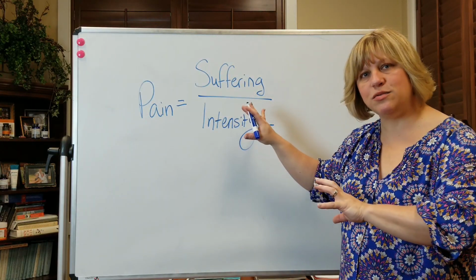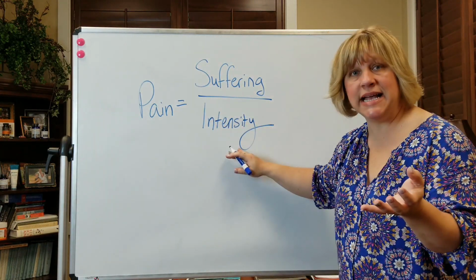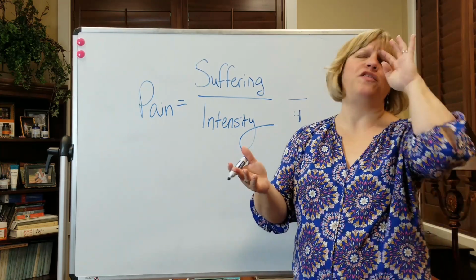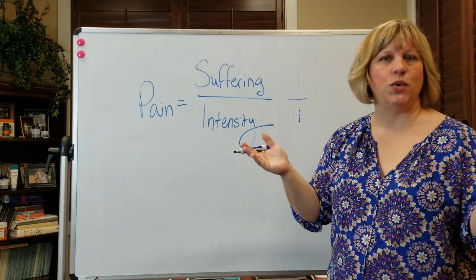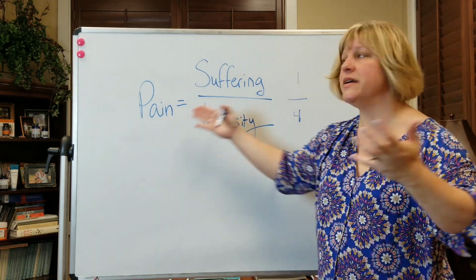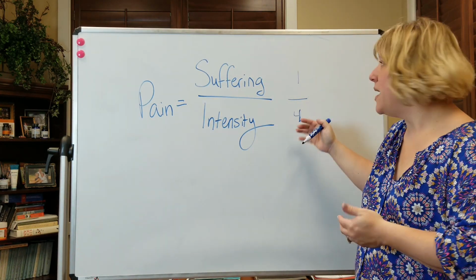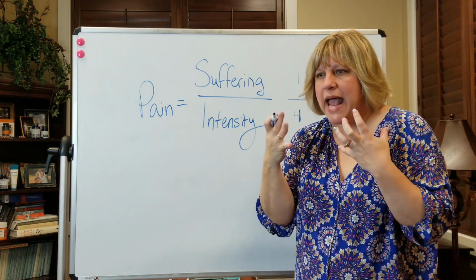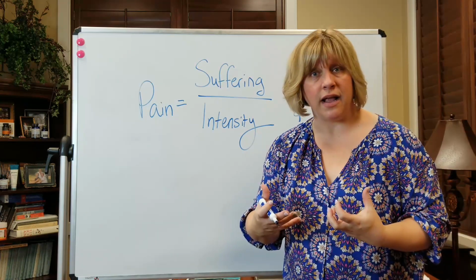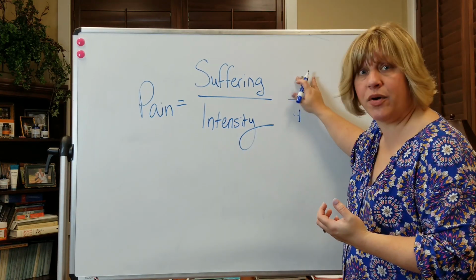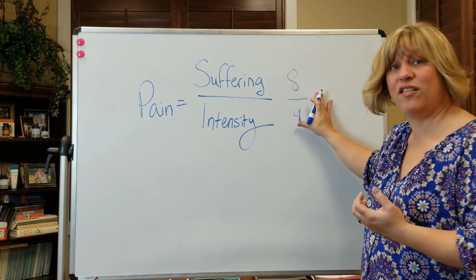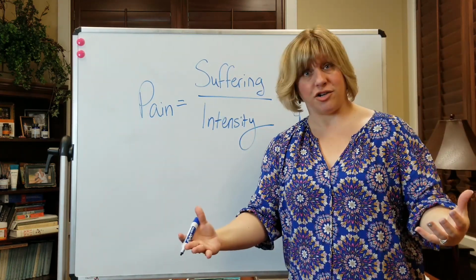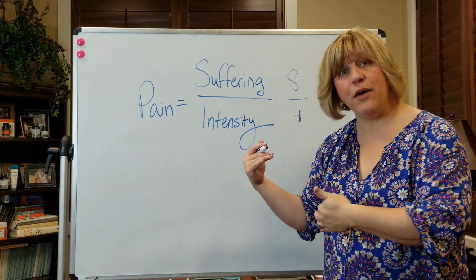So if you really work this through with numbers, let's, for example, take pain intensity as a 4 out of 10. If we don't mind the pain that much, if pain doesn't bother us, let's say our suffering's only a 1, then our pain experience is a fairly low number. But if we hate the pain, even a mild to moderate intensity of pain just provokes this strong suffering experience with us. Let's say that number goes up to an 8. Instead of 1/4, this number now is a 2. Our pain experience gets larger, right? Does that make some sense with how the numbers work out?